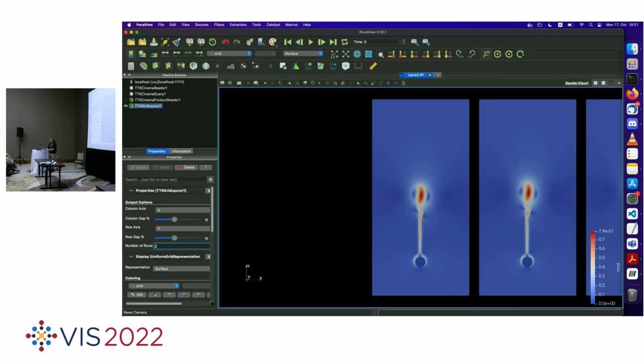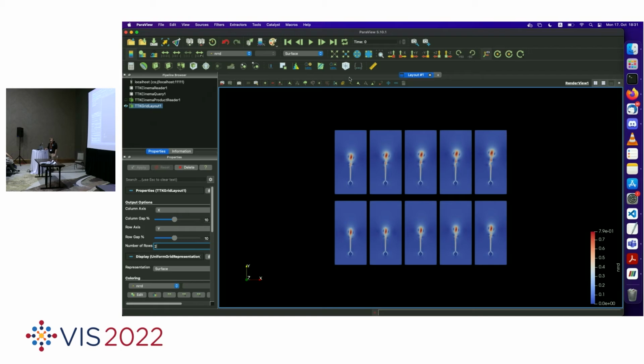And what we can see now is that we have this time series of scalar fields where this plume in the middle just rises higher and higher, and then it separates into multiple parts. And because of the layout of this